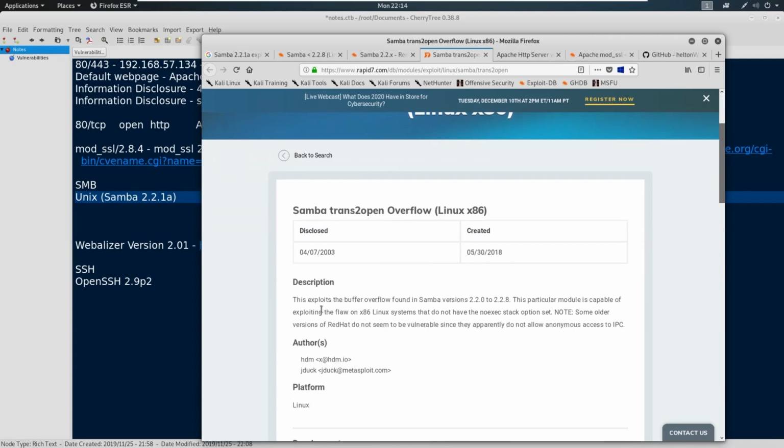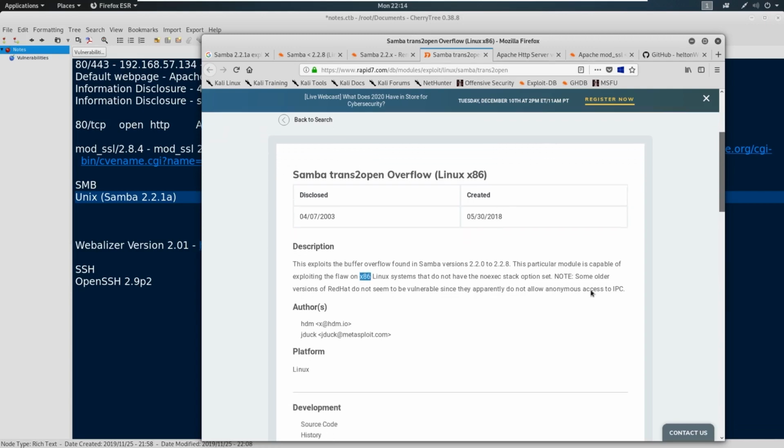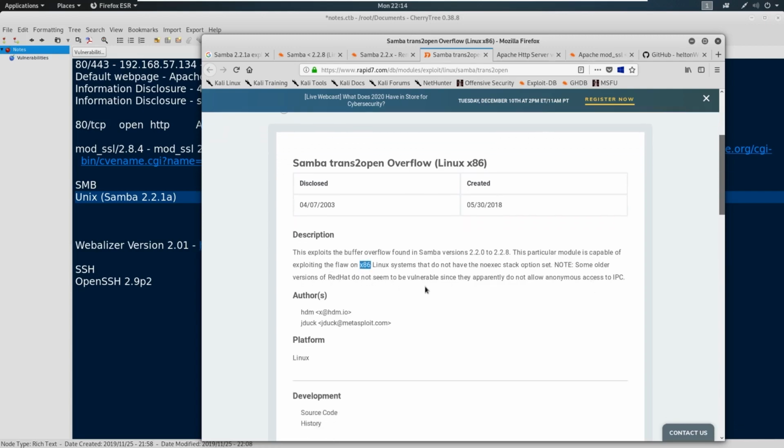It says, this exploits the buffer overflow found in Samba versions 2.2.0 to 2.2.8. That meets our criteria. This particular module is capable of exploiting the flaw in x86 Linux systems, that's important to know, that do not have the no exec stack option set. Note, some older versions of Red Hat do not seem to be vulnerable since they apparently do not allow anonymous access to IPC. So remember, we did get anonymous access to IPC earlier when we connected to it via our